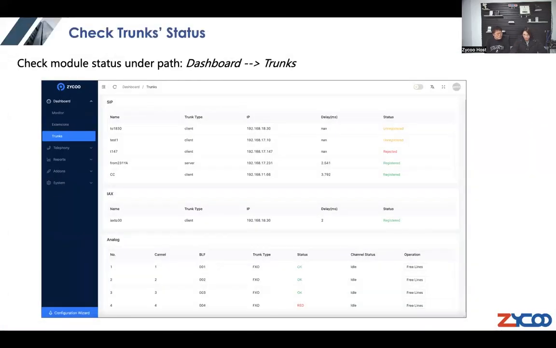And the next thing that we would like to do is to check the trunk status. Under Dashboard, Trunks, you'll be able to see all the trunks you have and the status of each trunk. In the trunk section here, we have 3 different types of trunks. We have the SIP trunks, we have the IAX, and then we have the analog. You'll be able to view all the trunk statuses and make sure that you have